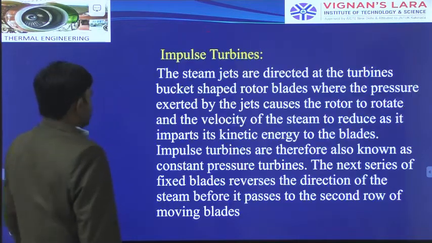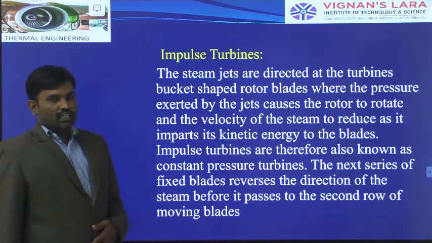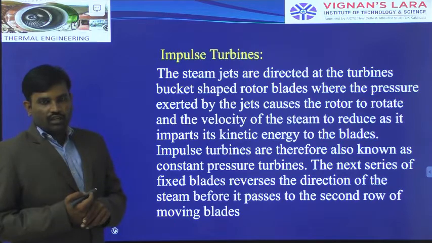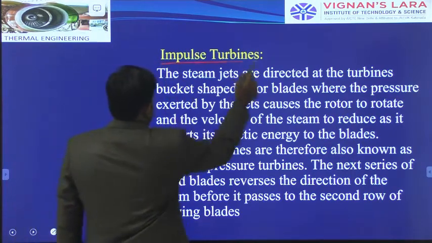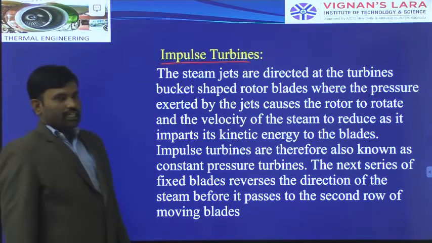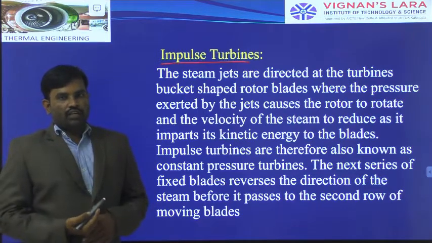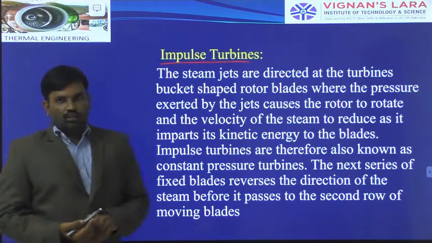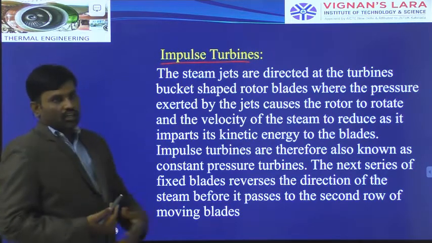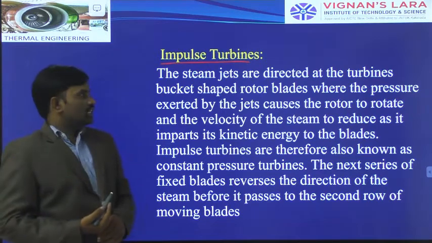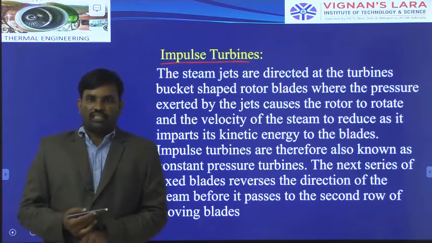In case of impulse turbine, the total pressure we are introducing at the inlet of the turbine. We are introducing only pressure energy at the inlet of the turbine. That is the impulse turbine. And that impulse turbine consists of buckets. At the circumference of the circular wheel, we are using the buckets. With the help of those buckets, we are rotating the round wheel. That is the turbine.